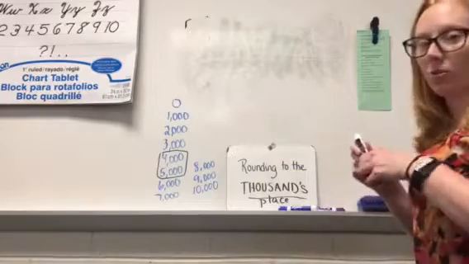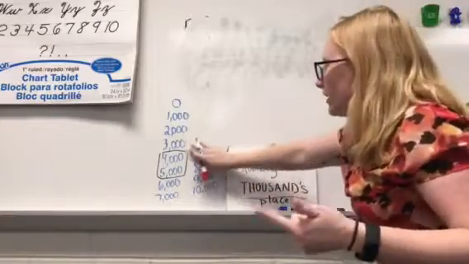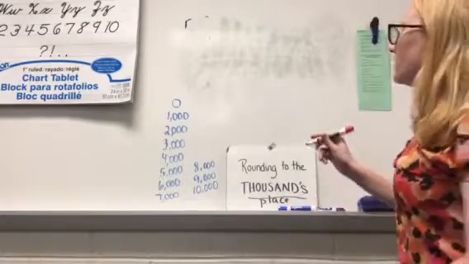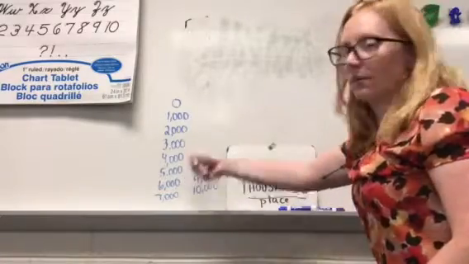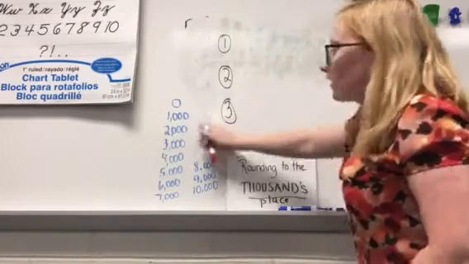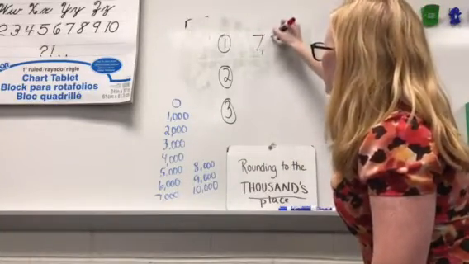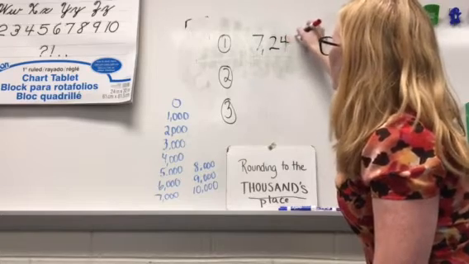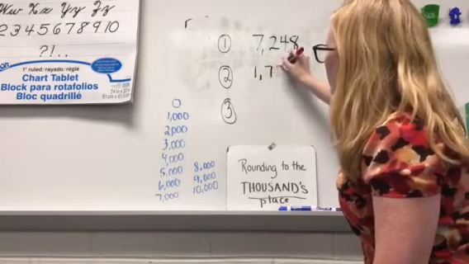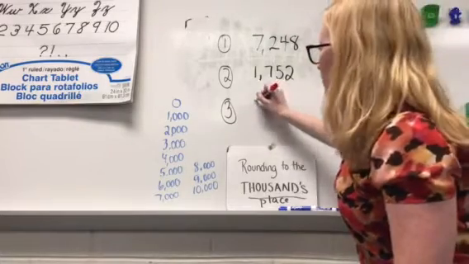Okay, so we should see on your paper or on your journal your numbers counting by 1,000 and the number line where you've done your rounding. Okay, so 3 things in your journal. The numbers that we're going to write down, numbers 1, 2, and 3, counting by 1,000, and a number line for each of these. So this number is going to be 7,248, 1,752, and then I'm going to throw a real tricky one in,